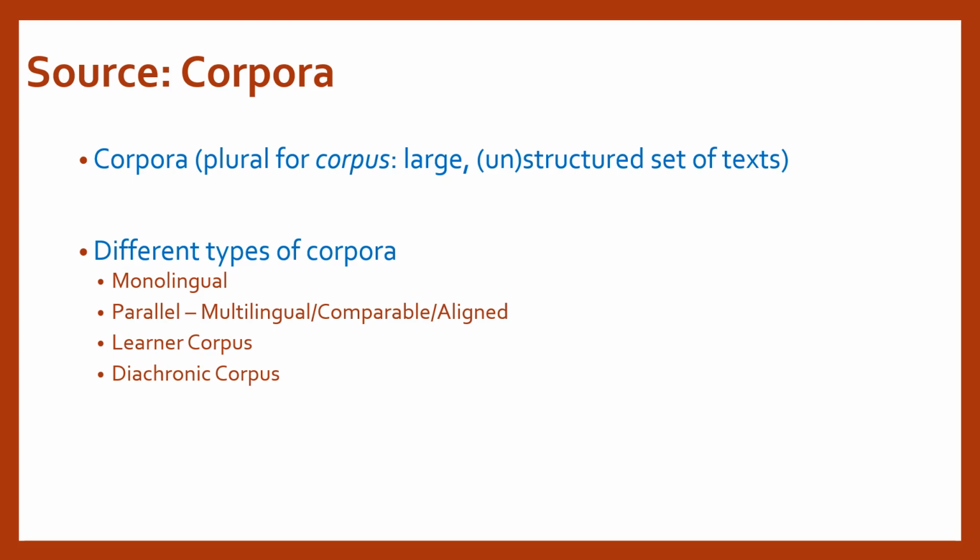Then the diachronic corpus, which is a corpus containing text from different time periods, and such a corpus helps in studying language evolution. And on top of this, some of these corpora are highly specialized and maybe designed for a particular purpose, and some of them have multiple layers of annotations available and can be used from basic processing to higher level